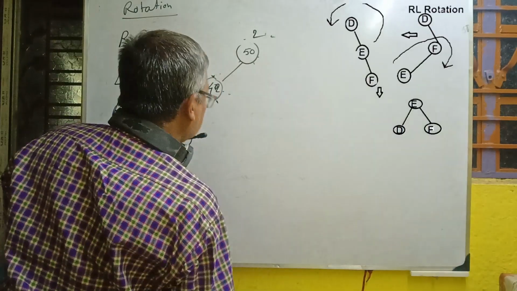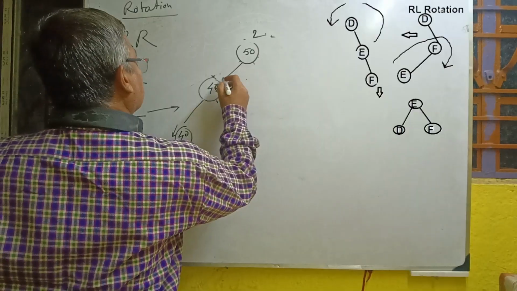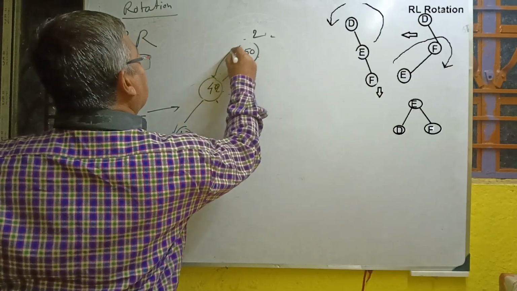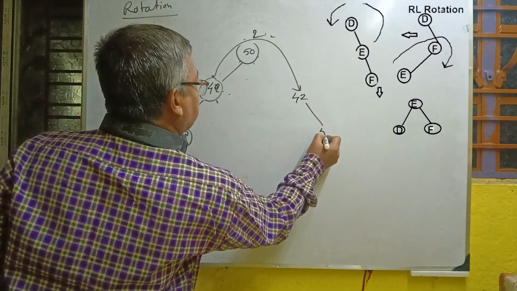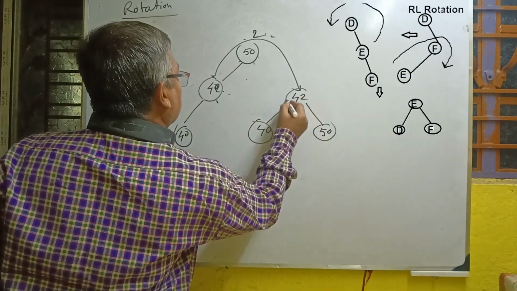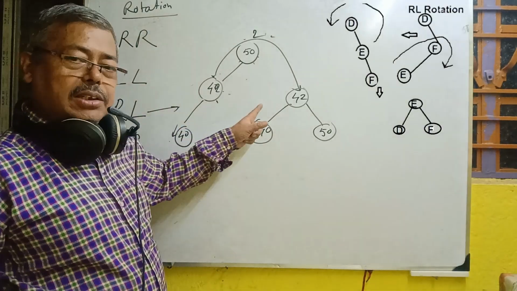Another movement is required, that is left to right movement. In this movement, 42 will be at the center point: 42, with 50 and 40. This is the final movement, and the tree is normalized, and now it